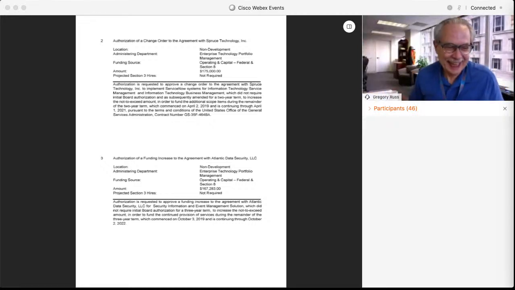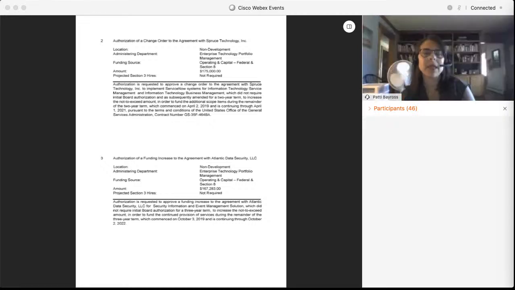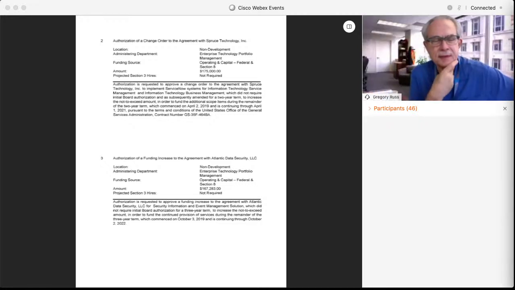So we are implementing IT service management, which is the manner in which we handle our IT process framework. So how we handle incident tickets, how we handle requests. So this is a new system. We've formerly used